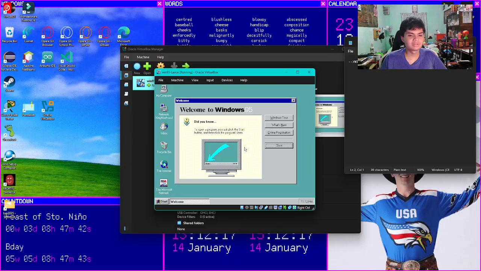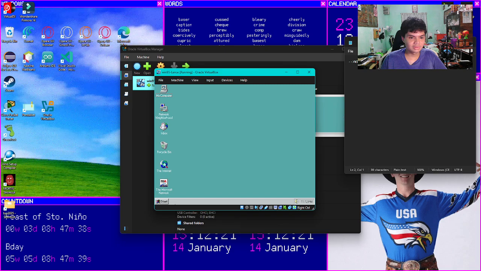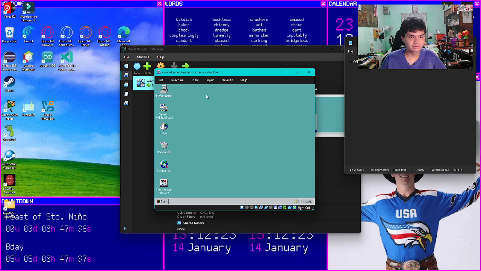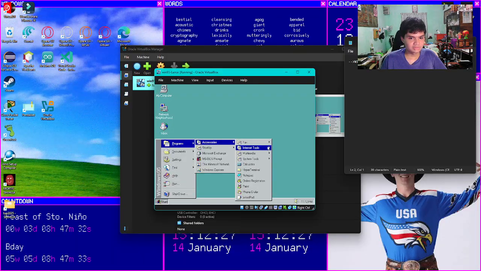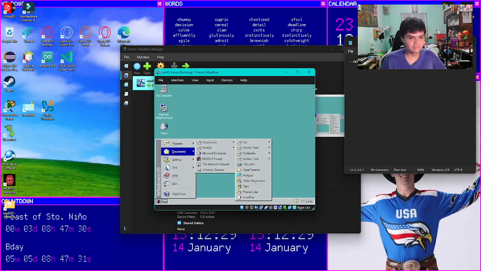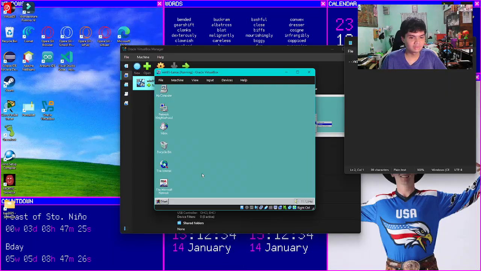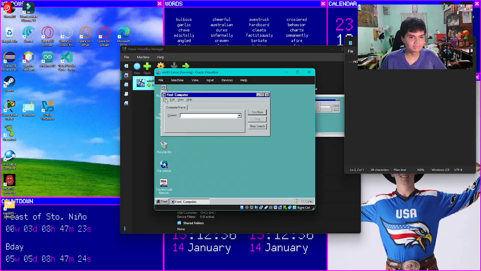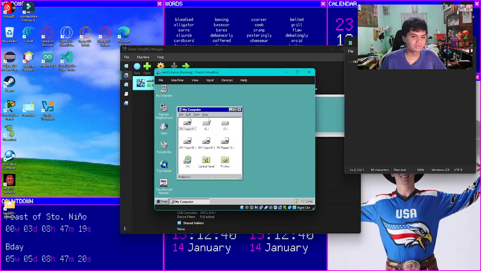The sounds and everything. Then you can press close and here we are in Windows 95. We can check programs, accessories, the tools, find, view, and so forth. You can check my computer.